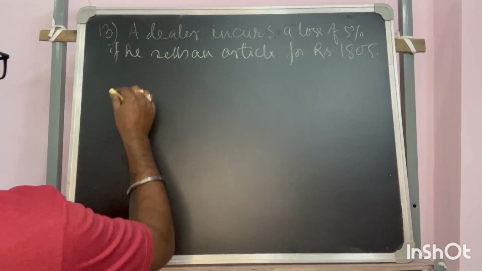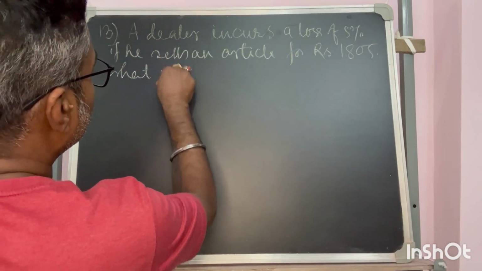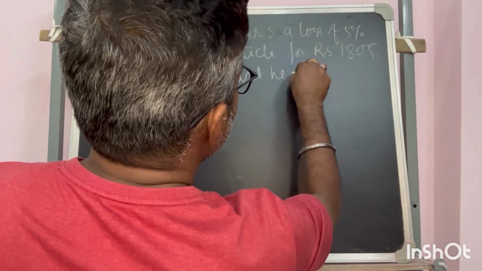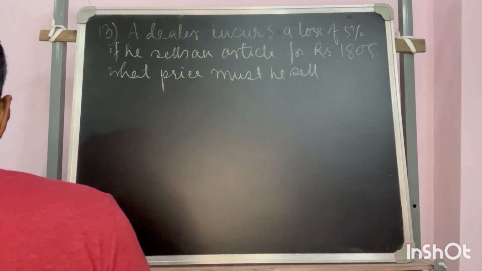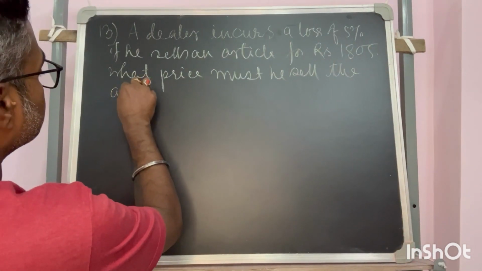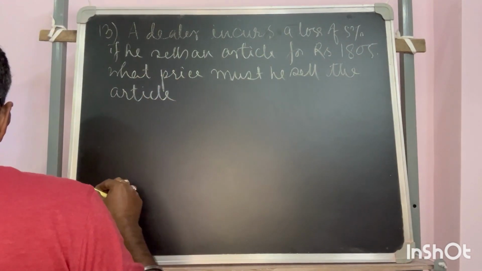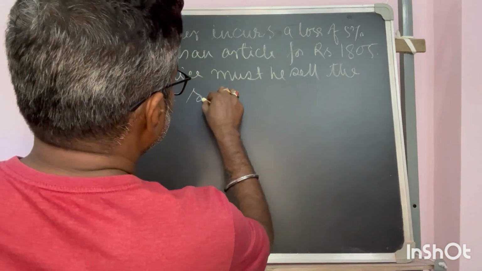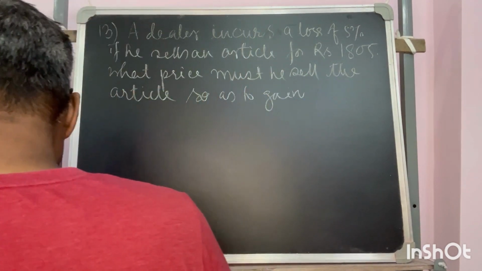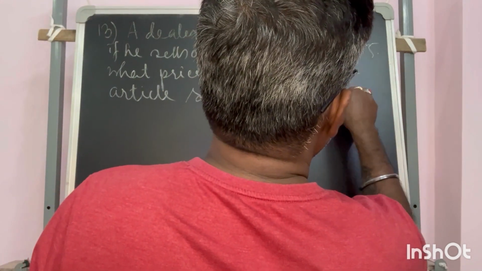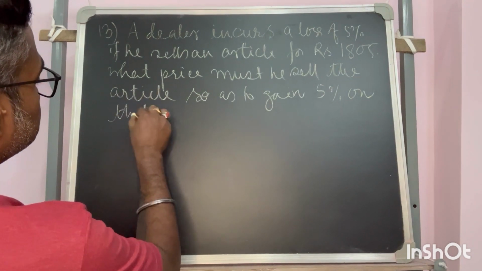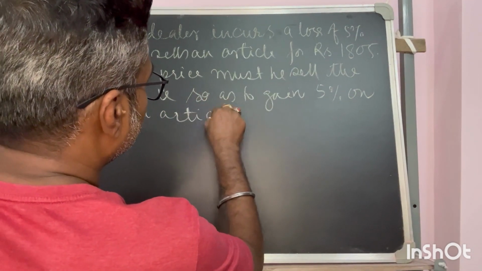What price must he sell the article so as to gain 5% on that article? Now,